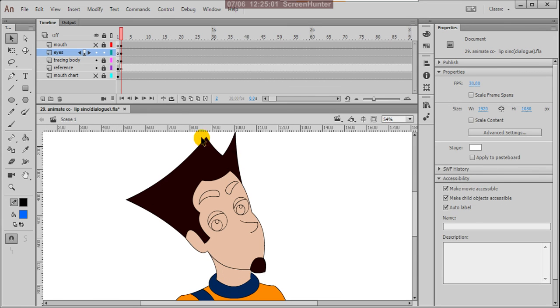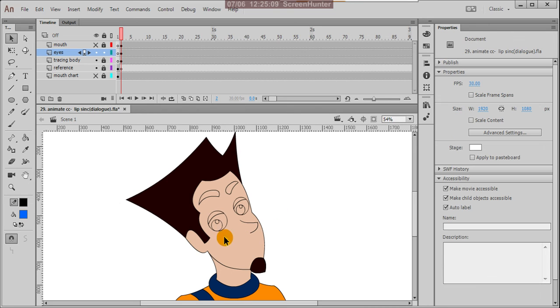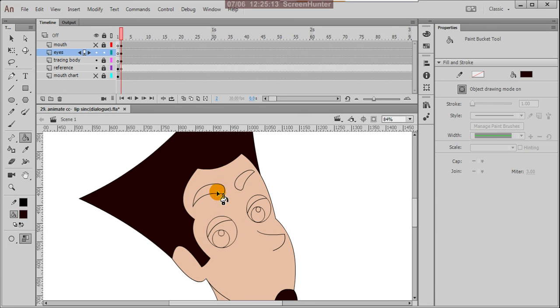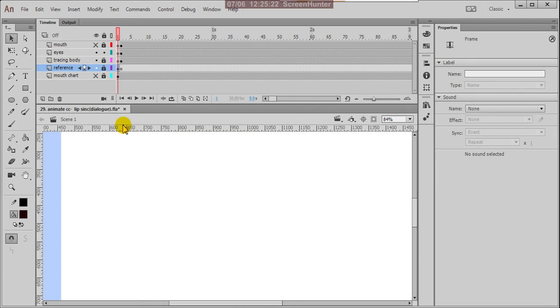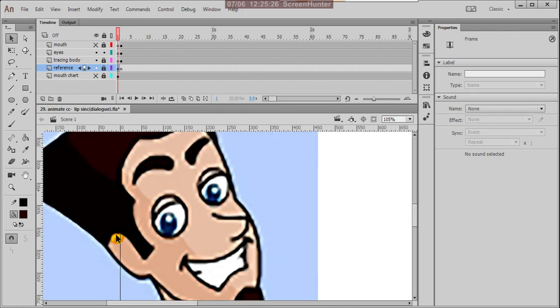For eyes again select this eyes layer, and make Control B, so that will allow you to fill colors. For eyebrows also I'm using the same color, okay, and for eyes the same eyes I'm using.